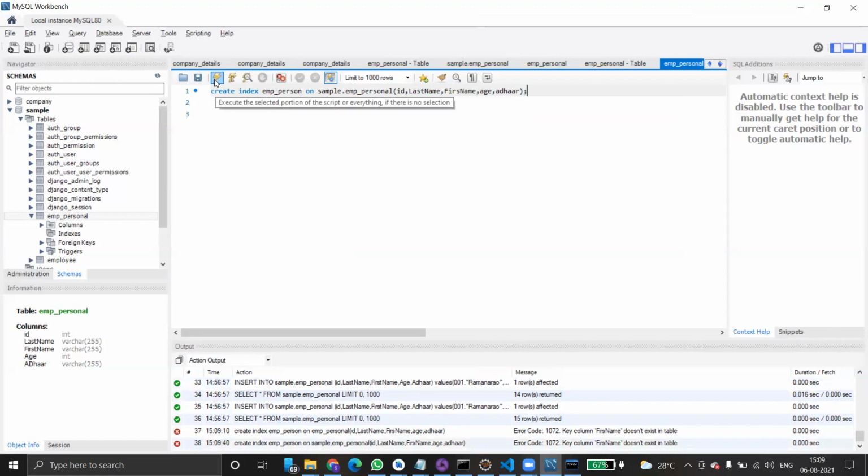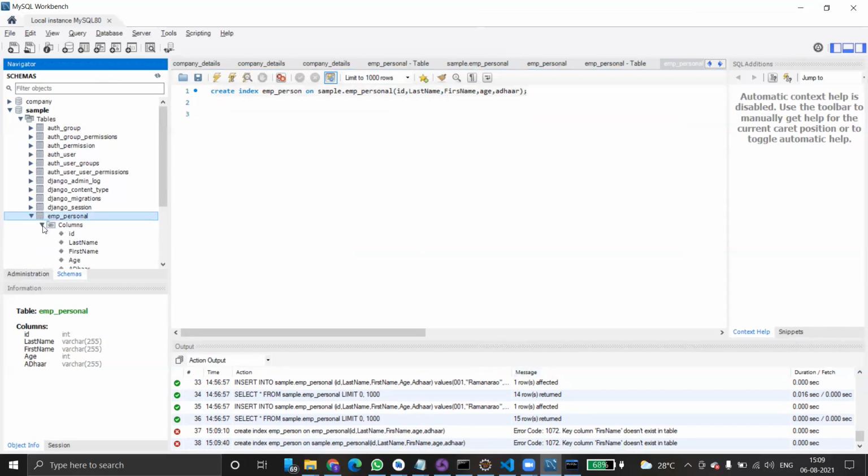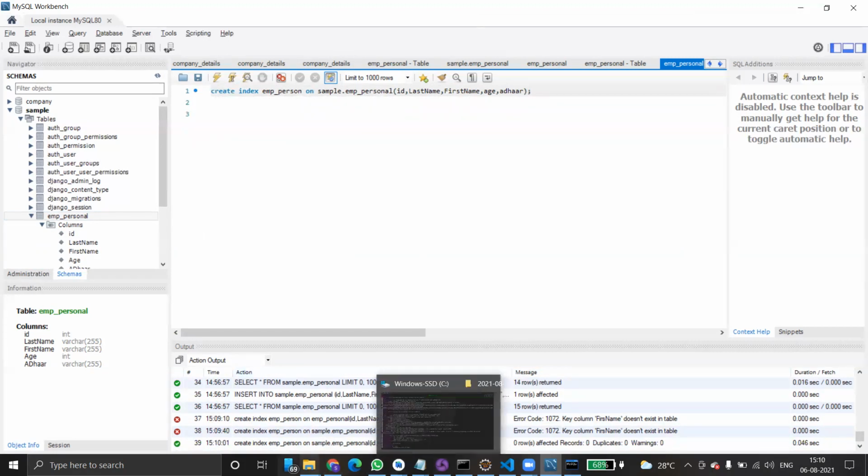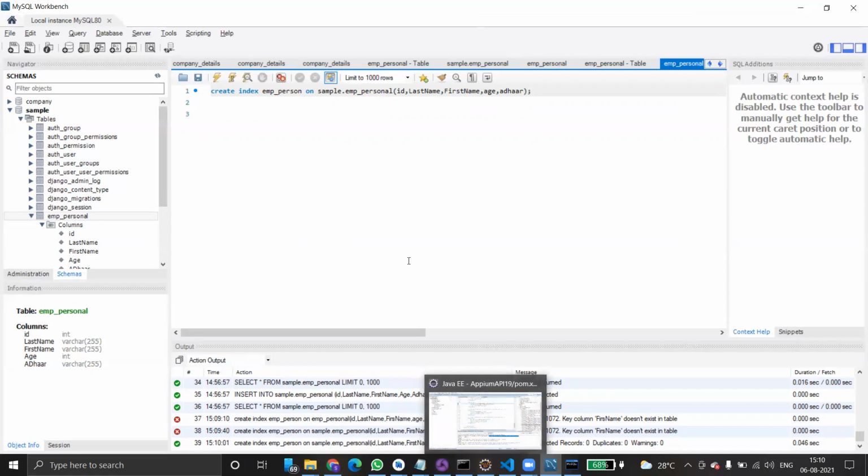Execute this index. Create index EMP and so on. Key column first name does not exist. That is a problem. Somewhere we have missed the column name. First name is right, somewhere we are missing a T. Okay, let me execute once again. Yeah, created. The index has been created.